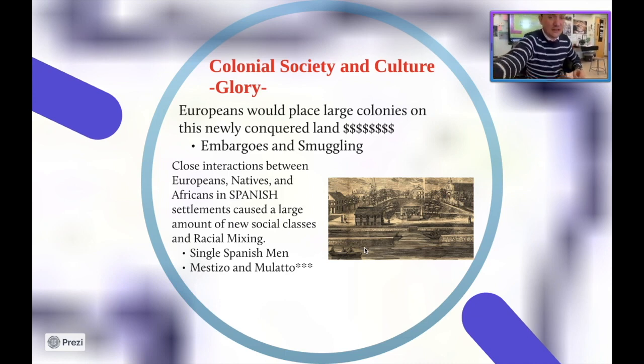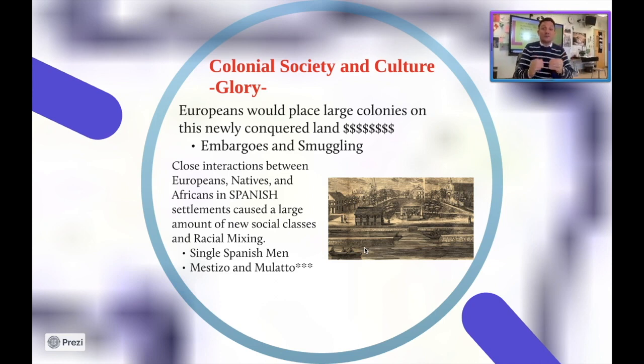You also have to understand that this causes a large amount of new social classes and racial mixing. Something you need to understand is that most of the Spanish colonists were men, right? Single men going to these colonies as a way to make money. They were getting there, and then they were meeting native women, African women, and things like that. And so that's going to lead to the establishment of new social classes to try and include these new people